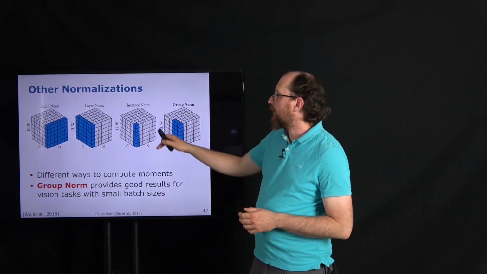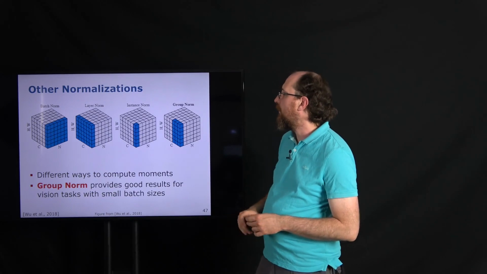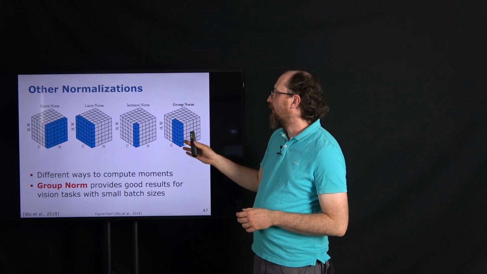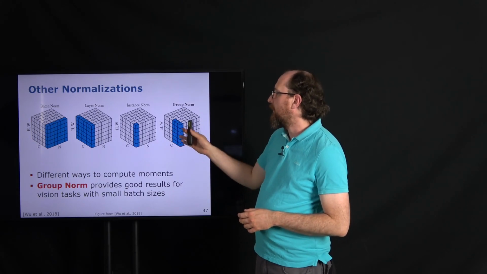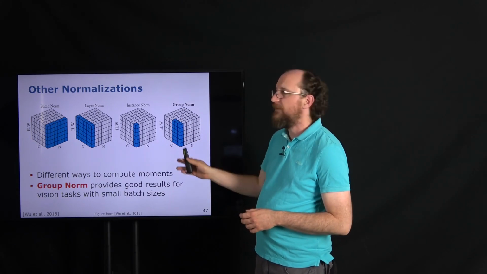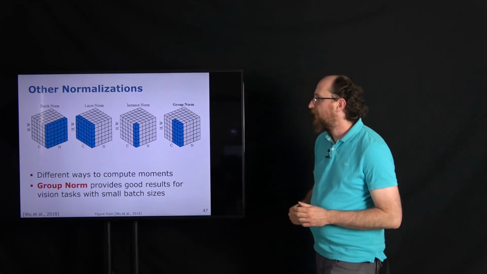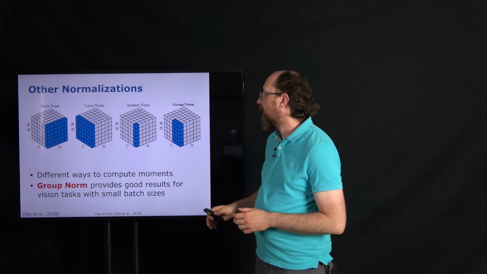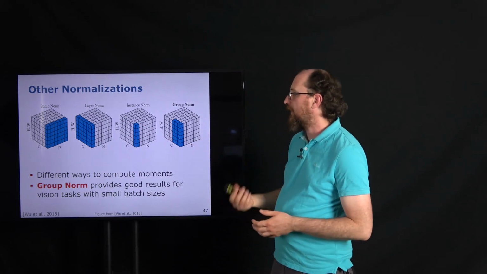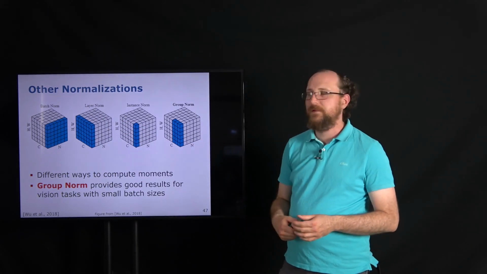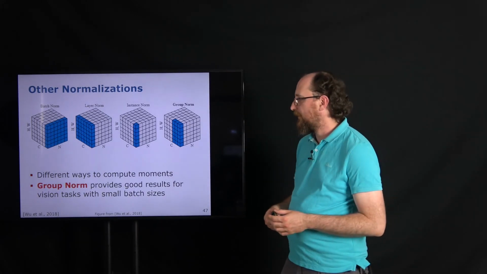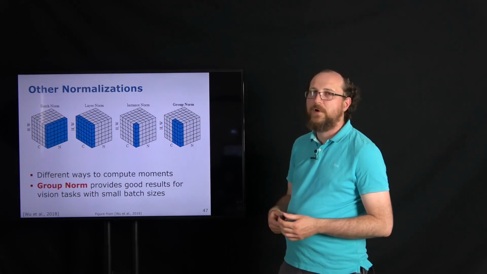What the authors of the group norm paper propose is to compute the mean and standard deviation on groups of the layer. Using this gives us better results in the end, and for certain tasks like detection, group norm is a